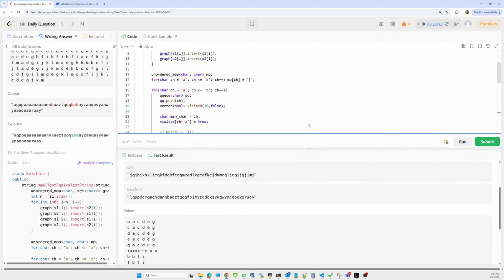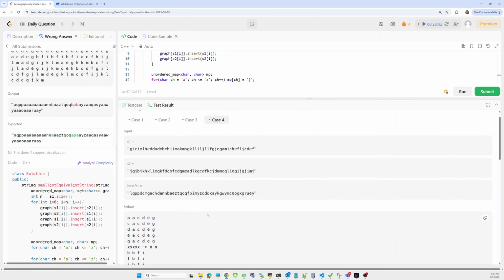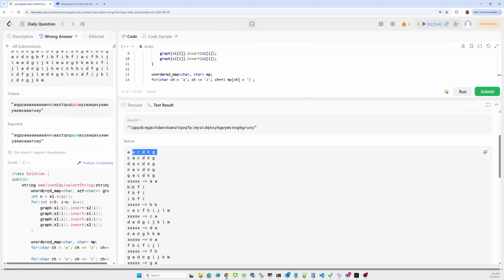So see what the minimum value is for B in the first iteration. From A, whichever nodes we traverse, A, C, D, E, G. After that for B, whichever nodes we traverse, F and I. While traversing F and I, it is calculating the minimum value.